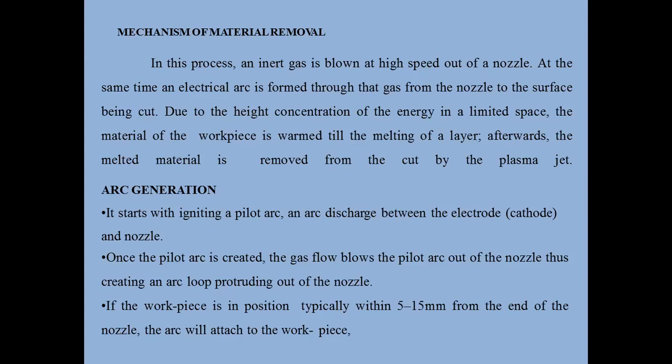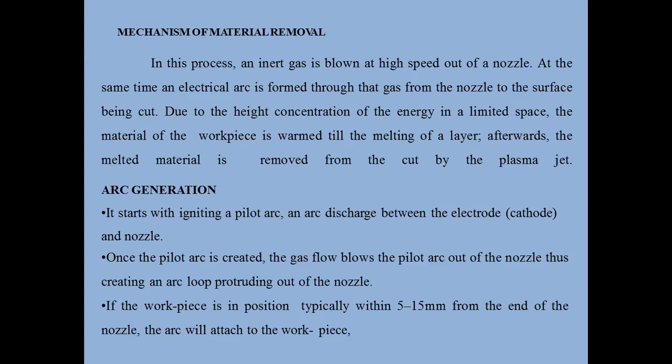Okay, so these are the two steps. One, arc generation with the help of the electric power supply and gas supply constructional features, and the high intensity plasma generated is going to be the arc. That arc is transferred over to the workpiece, and the material gets melted. Immediately, that melted material is carried away or removed by the plasma jet itself. This is how the material removal mechanism works in plasma arc machining.